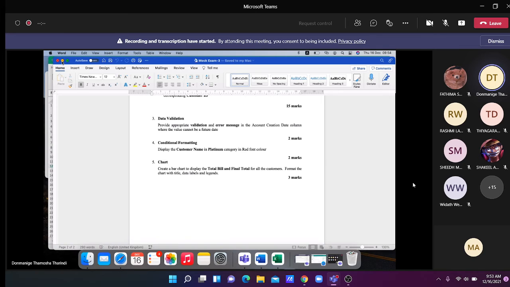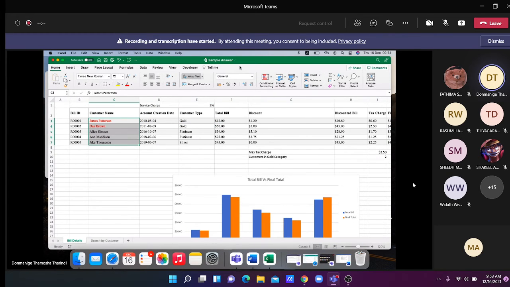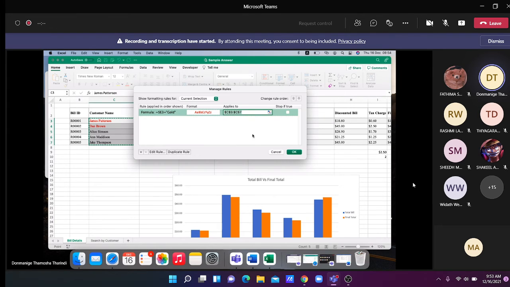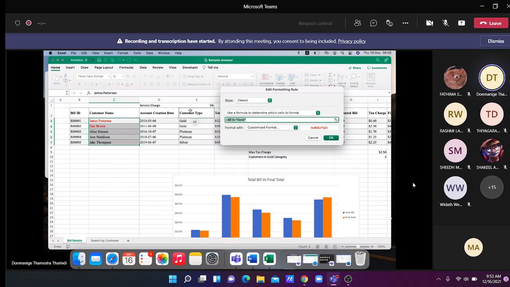You just have to highlight this, go to conditional formatting. I have already added the rule, I think for gold. So what you have to do is go to classic, go to use a formula to determine which cells to format.